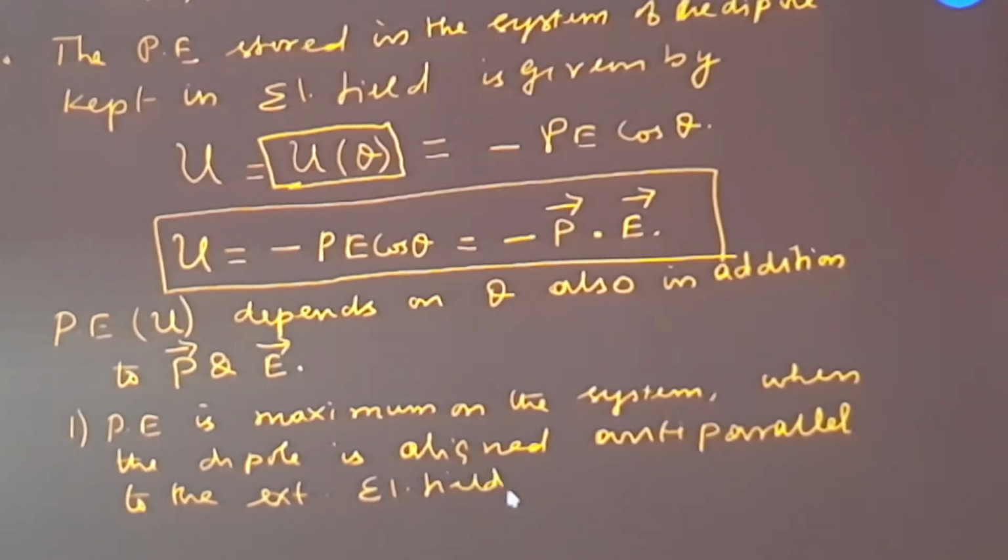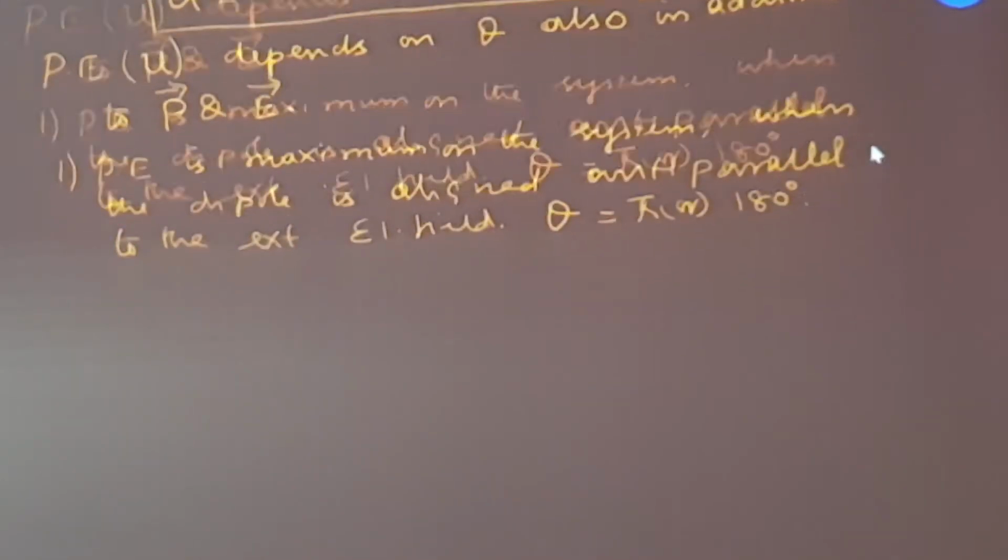What do you mean by this? We have to rotate the dipole from its initial position through an angle of 180 degrees or pi radians. Then we can say that the potential energy of the system is